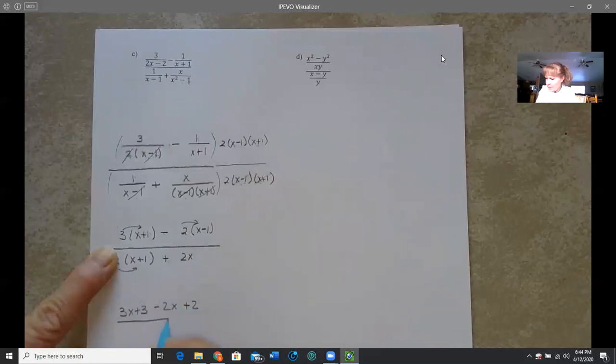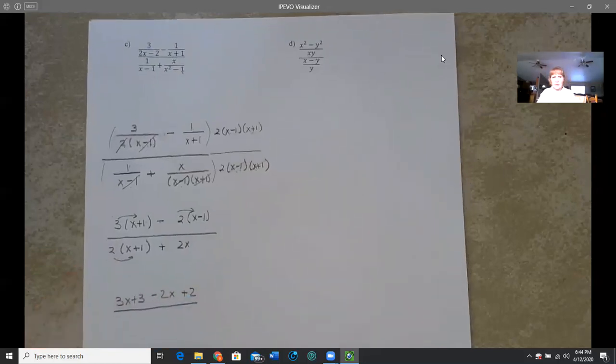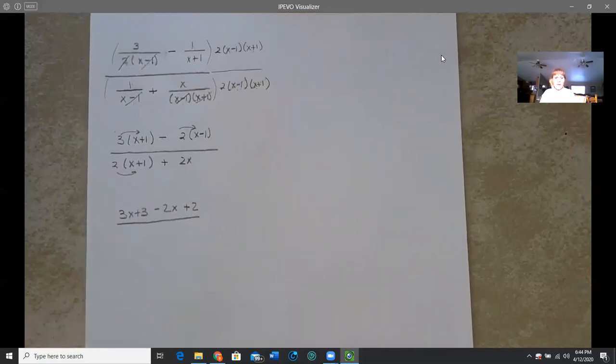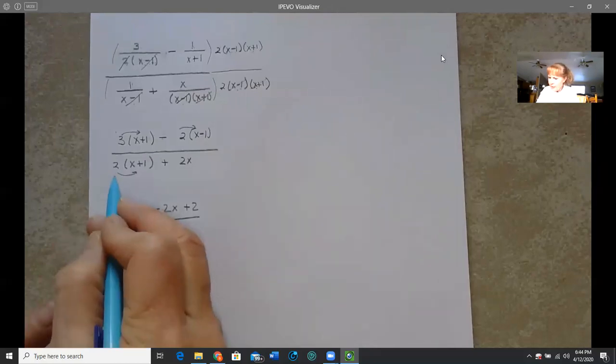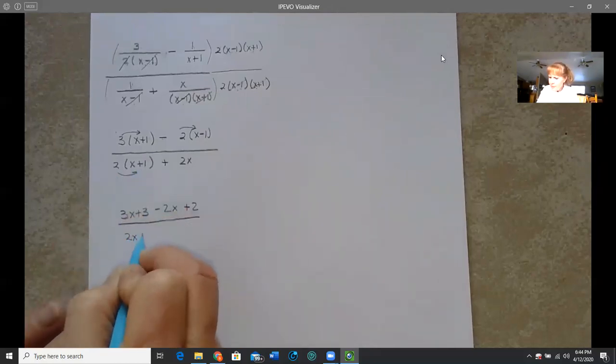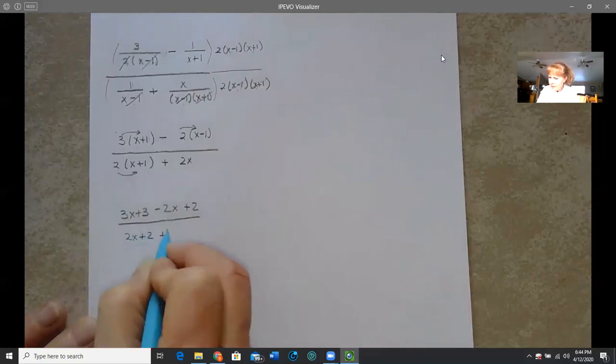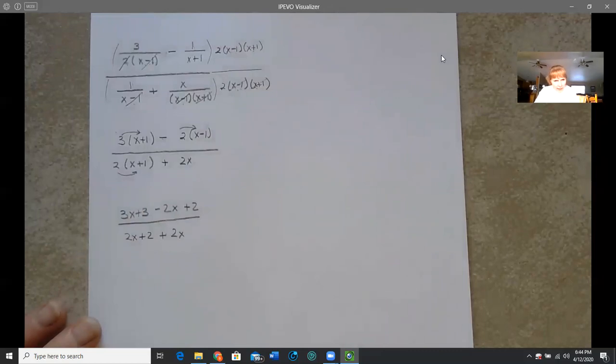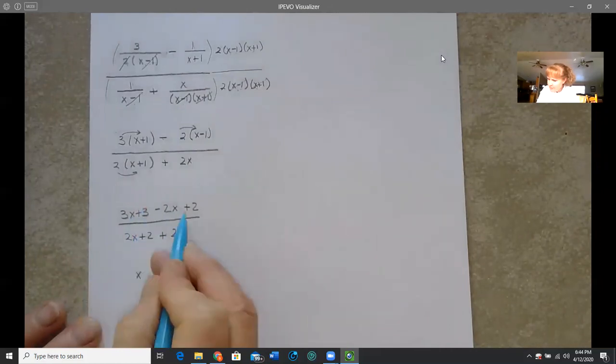So again, watch those subtraction symbols. Got to be careful of those. I'm going to move this up just a bit. So we're simplifying the numerator. We'll do the same thing in the denominator. Multiply the 2, 2x plus 2, plus this 2x. Okay, let's combine similar terms. So this gives us an x plus 5